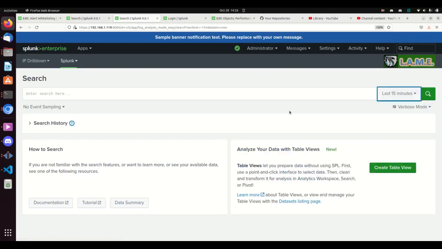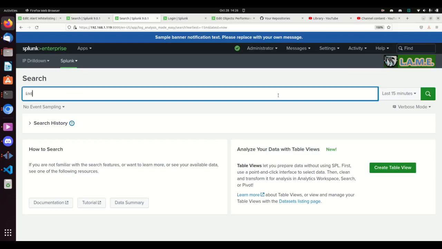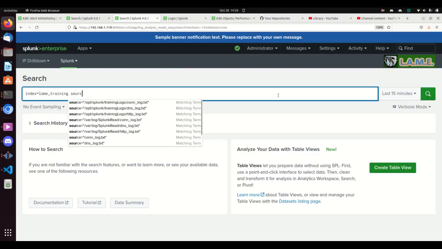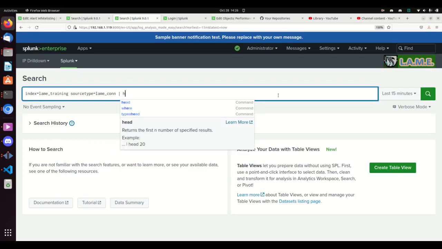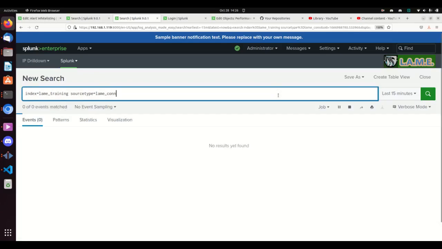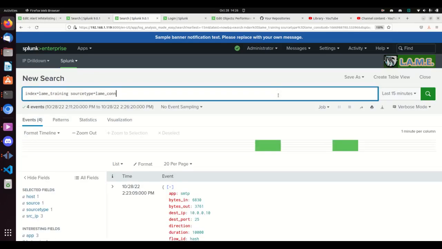I'm going to go grab the last 15 minutes, and if I do this, index equals L.A.M.E training, source type equals L.A.M.E con, and I just run this, it's going to give me back all the results over the last 15 minutes. Now, on the other hand,